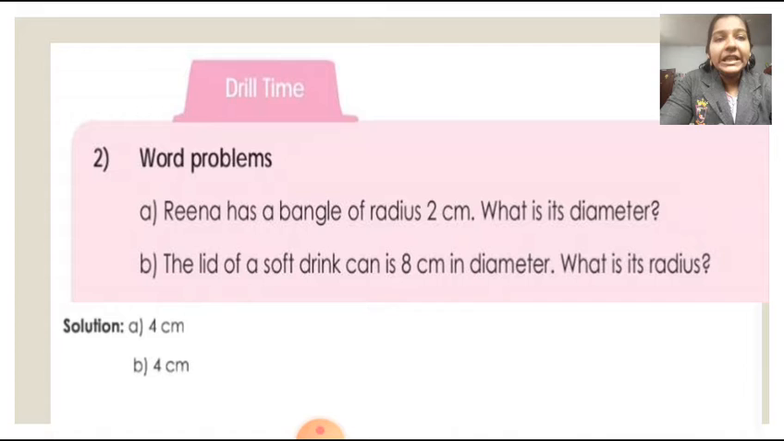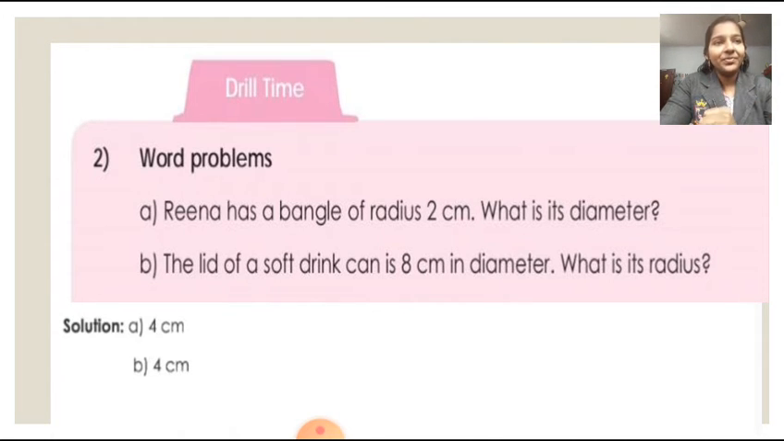Now the second question. The lid of a soft drink can is 8 centimeter in diameter. What is its radius? So here the diameter is given. You have to find out the radius. So we know to find out the radius, R is equal to diameter by 2, isn't it? So you divide 8 by 2. That is 8 divided by 2 is